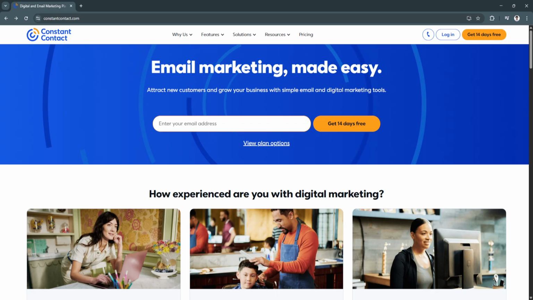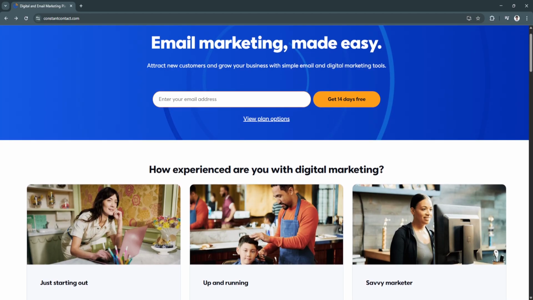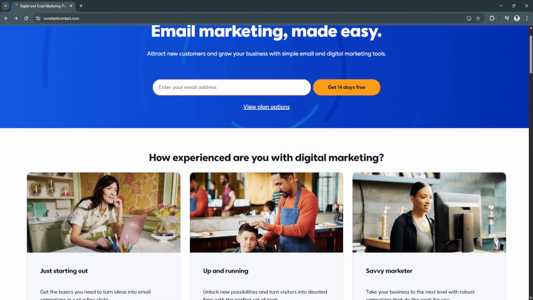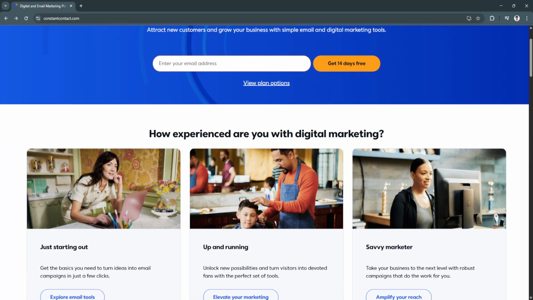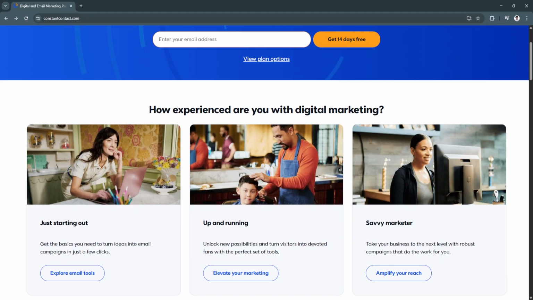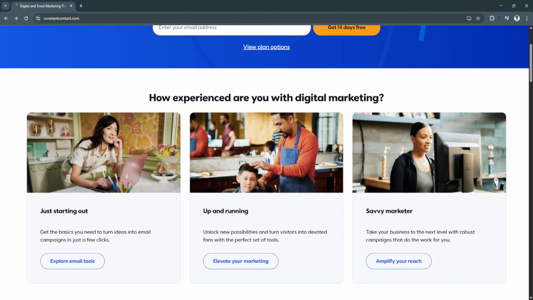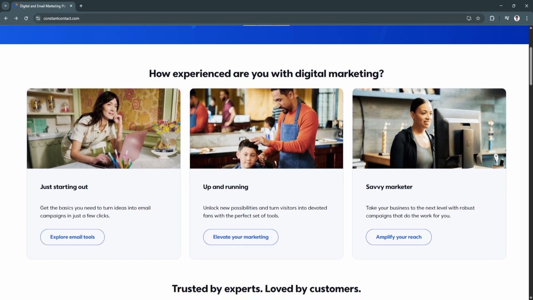So, for its key features and benefits, first is the drag and drop email builder. Constant Contact makes designing emails easy with its intuitive drag and drop editor. You can choose from hundreds of customizable templates, adjust colors and fonts to match your brand, and add elements like